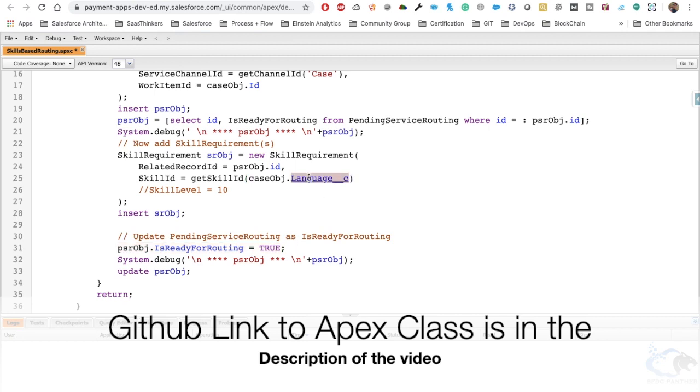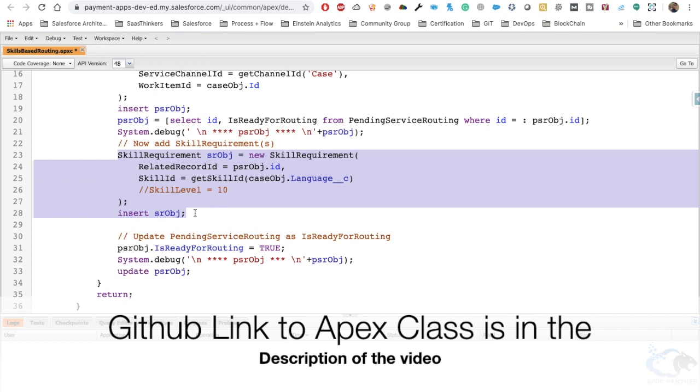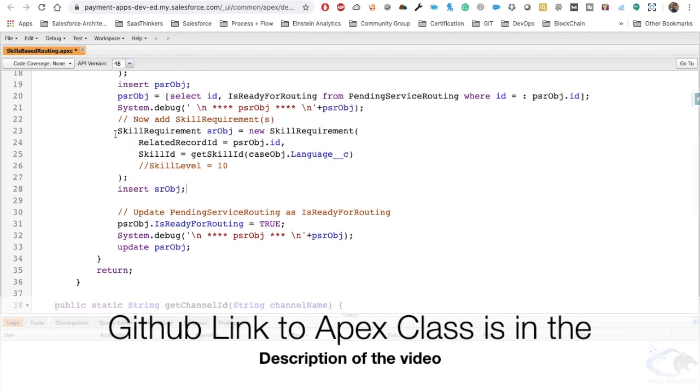There might be work related to field as well based on our requirement, or there might be both the fields we might want to check. Only route to those agents which have these two skills, or we might need to create two more objects for the skill requirement, one for language and one for the query related, the specialization part, that is accounts, orders, codes, or some other specific areas. So that's what we have here.